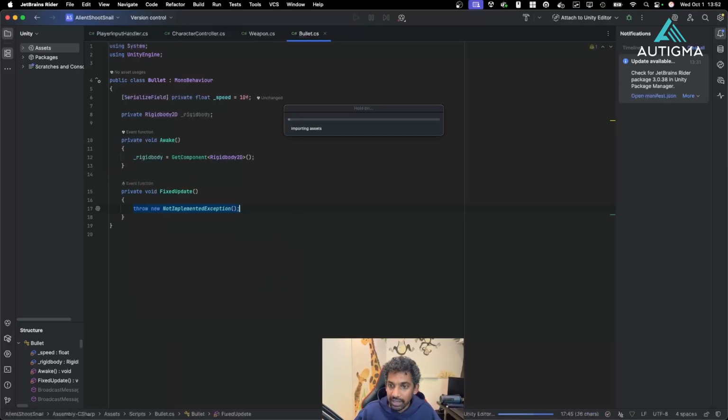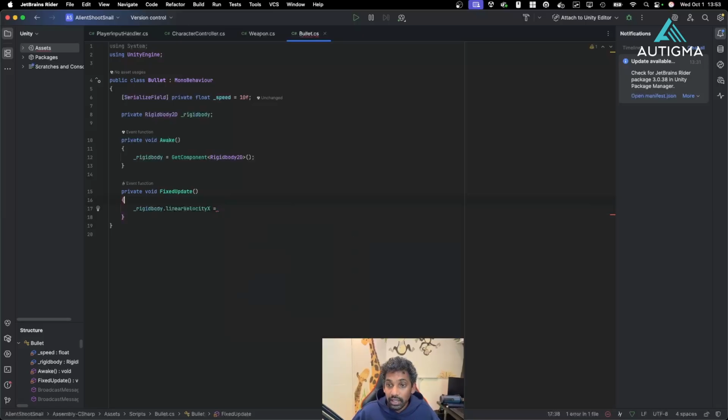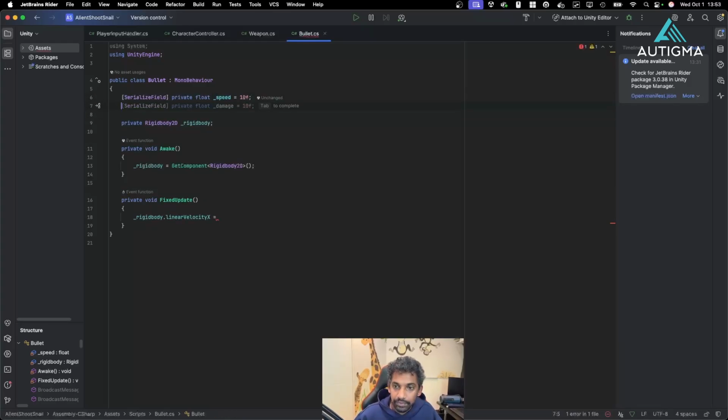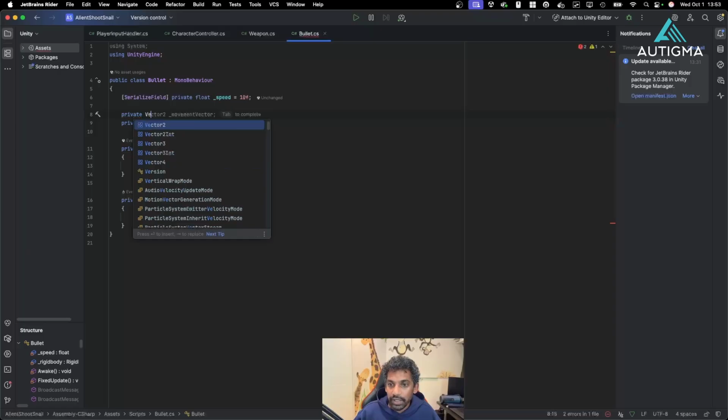And then in our FixedUpdate method, we're just going to say our rigidbody.linearVelocity.x is going to equal. Now here comes something interesting, and we need to figure out which way we want our bullet to move. Is it going to be moving left or right relative to the player? So to do that, what we can add is let's create a private Vector2